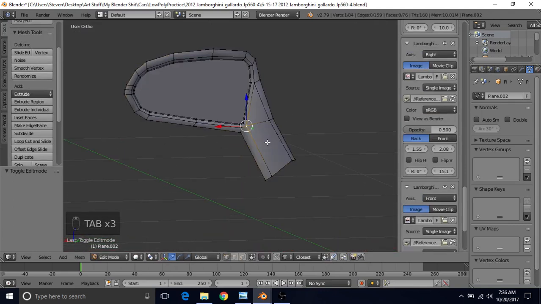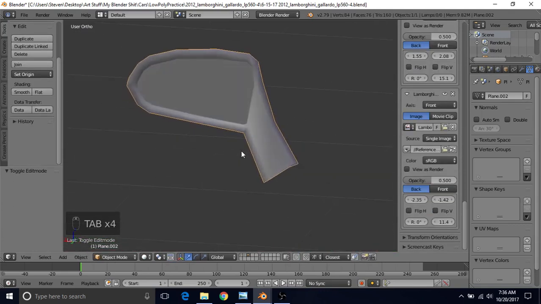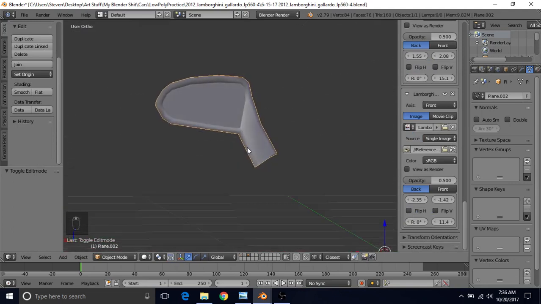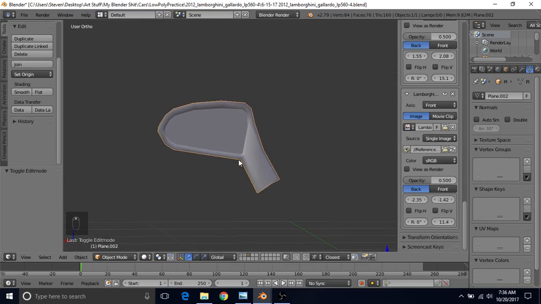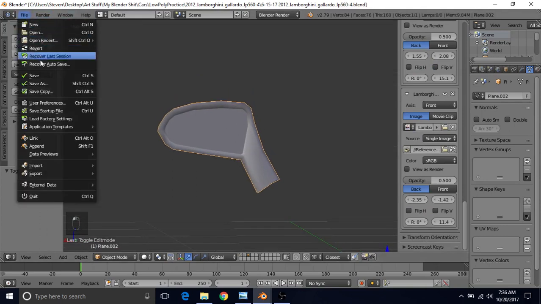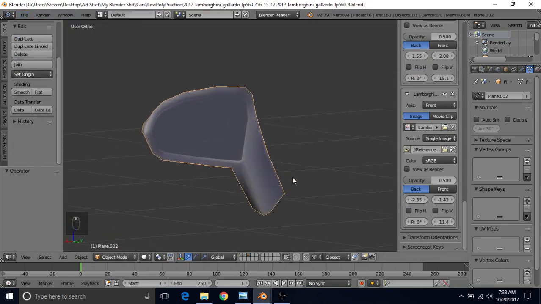So if you like it better like this, you can leave it like this, and you can save it like this, or you can leave it the way we had it, but I didn't really like that little triangle effect that we had, so I tried to fix that. So I'm going to save this, go to File, Save,